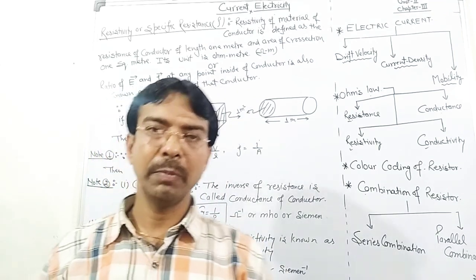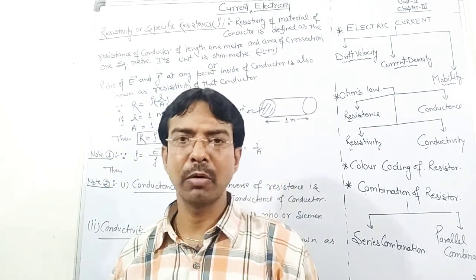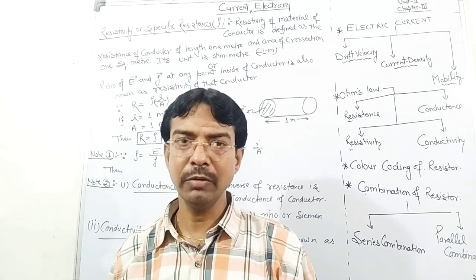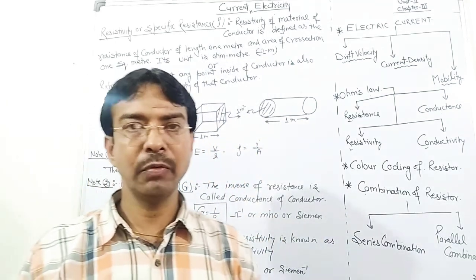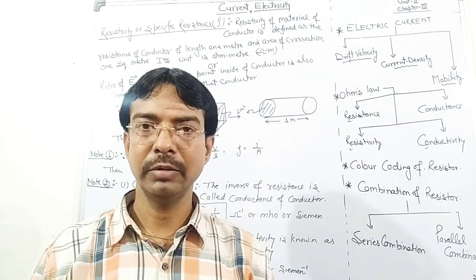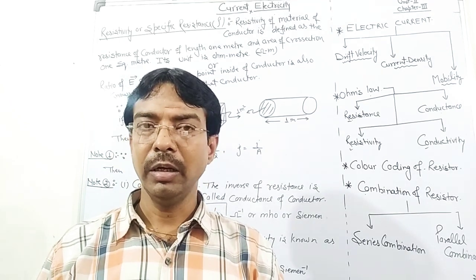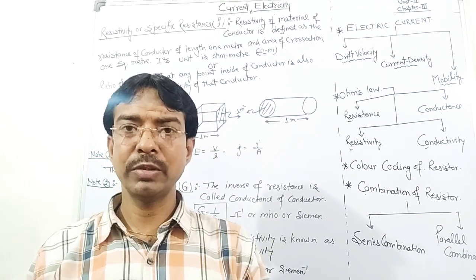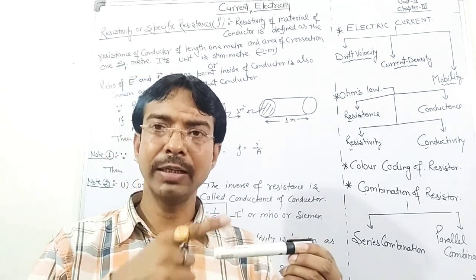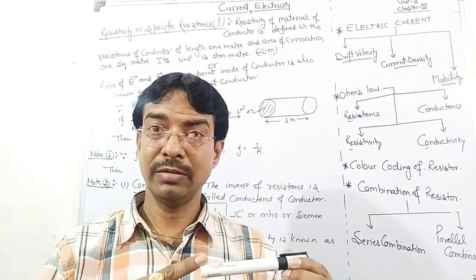Now, in that particular part of the study, we will discuss the specific resistance. Now, you know what resistance is. Resistance is the hindrance in the flow of current inside any conductor. And if we are choosing a particular resistance, where the length is fixed, the area is fixed, and it must be one unity,